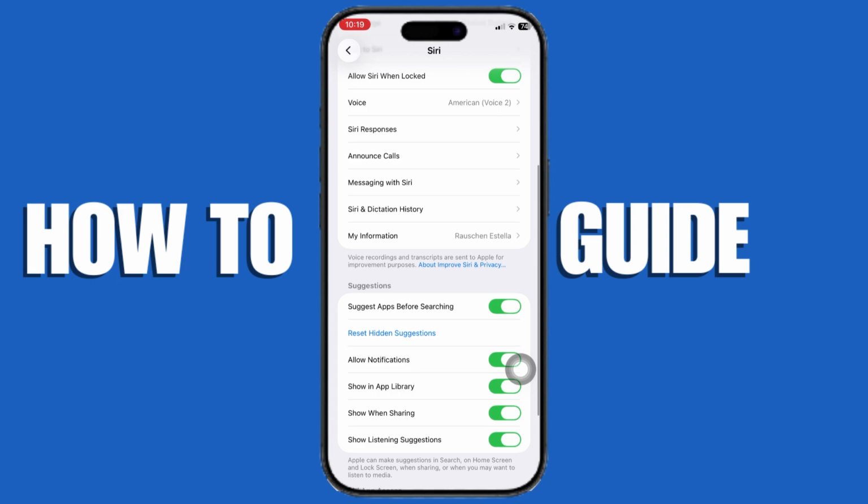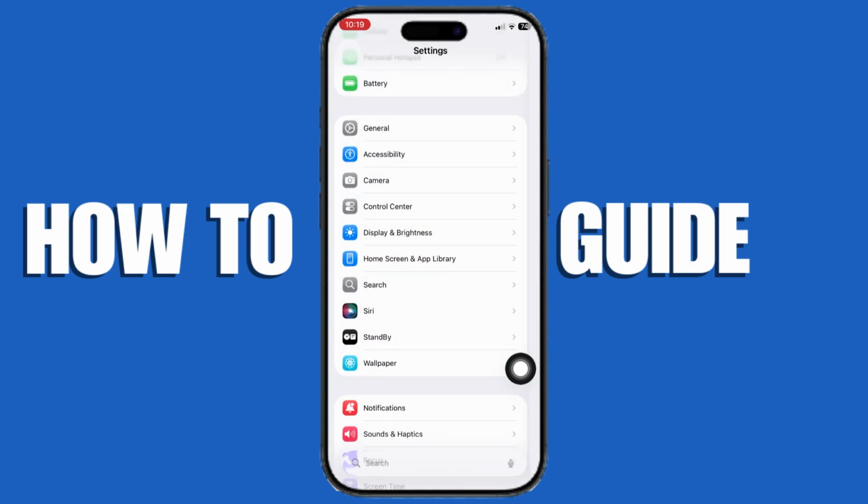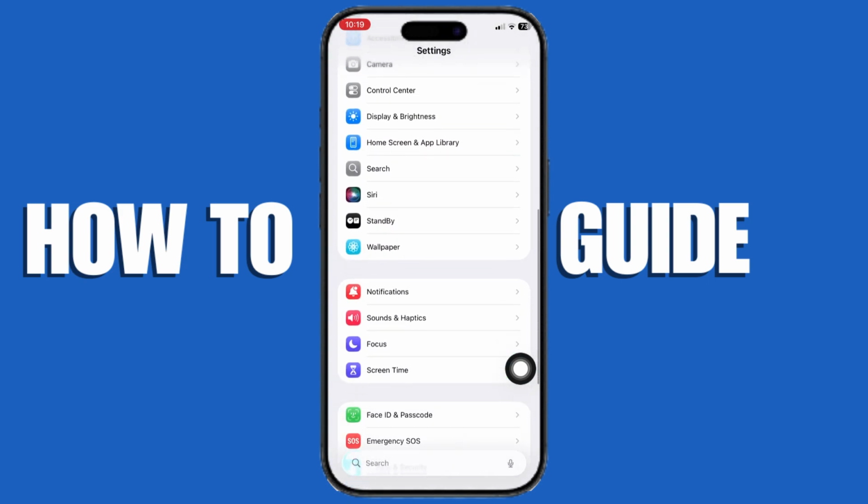Next, go back and tap Siri and search, then disable listen for Hey Siri, press side button for Siri, and turn off all Siri suggestions like suggestions in search, suggestions on lock screen, and suggestions in lookup to fully minimize